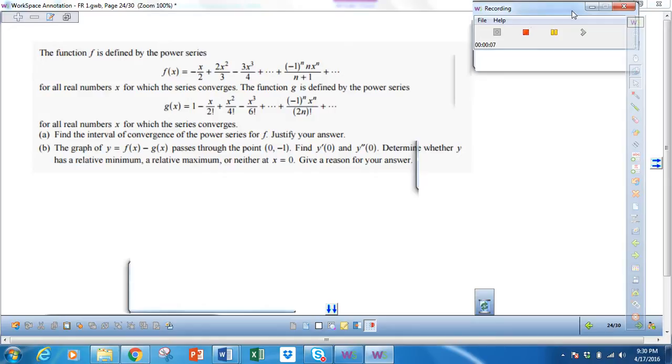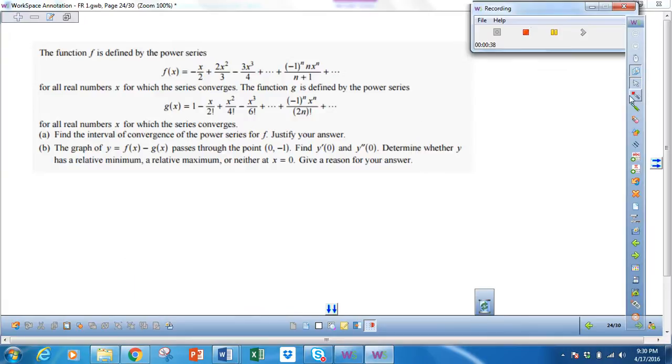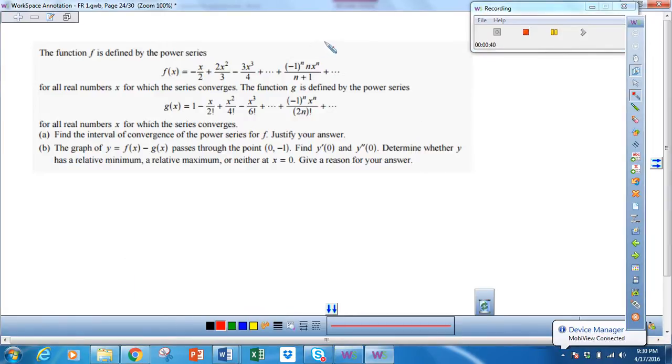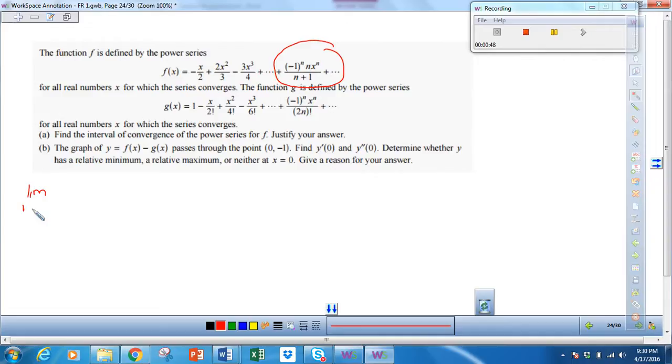So one of the things you want to remember when doing this is notation is everything. And I did take off a few points if you did not note it correctly. So when we're finding the interval of convergence, we want to deal mostly with this expression. So we want to take the limit as n approaches infinity. Now, because we're dealing with absolute value, as I said before, we can sort of ignore the -1 to the